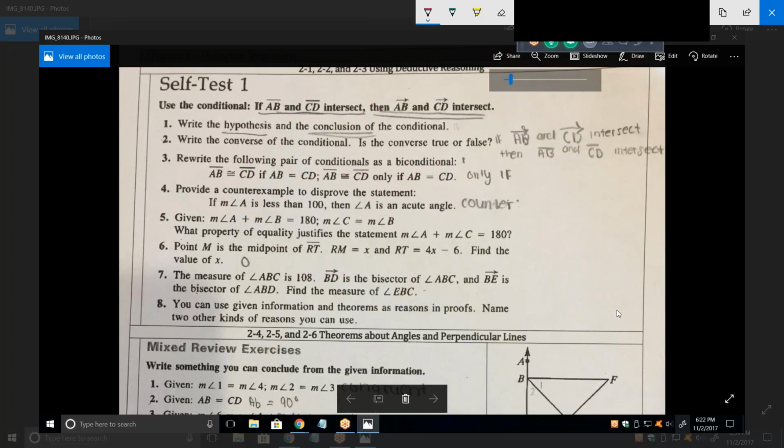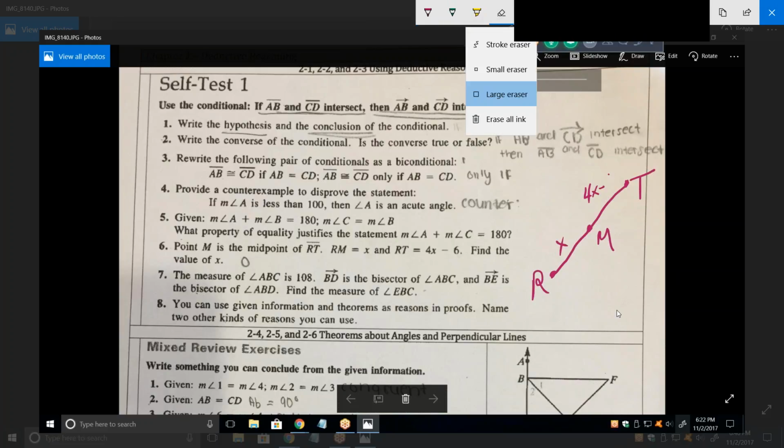Okay. Number 6. Point M is the midpoint of RT. Now let's draw RT. And M is the midpoint. RM is X. RT is 4X minus,